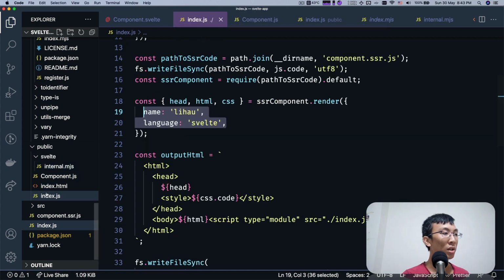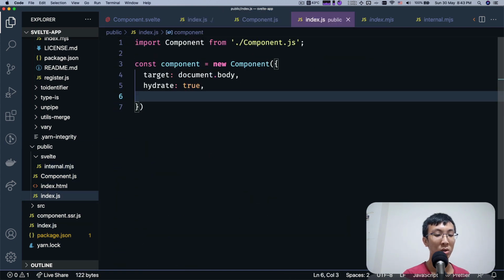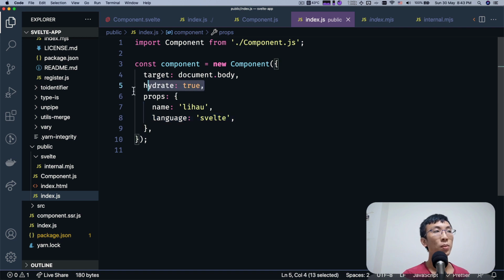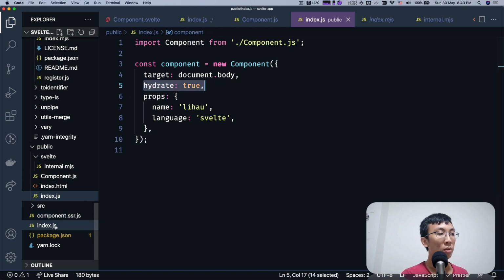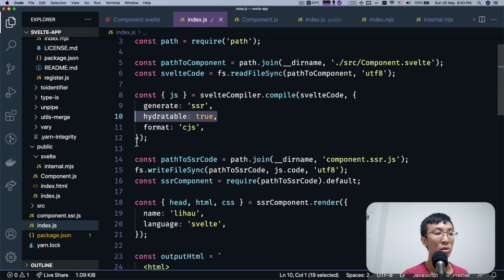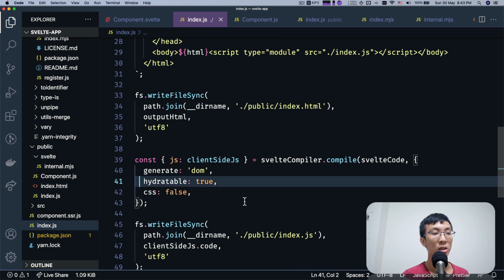You see there's a lot of things to make sure everything goes correctly, right? But when you have something like Sapper or SvelteKit, all this is being done for you. So here we instantiate. Okay, so the most important thing that is different from what we've done previously is that hydrate has to be true, and I have to make sure that the code that we built is hydratable to be true for server side as well as the client side.